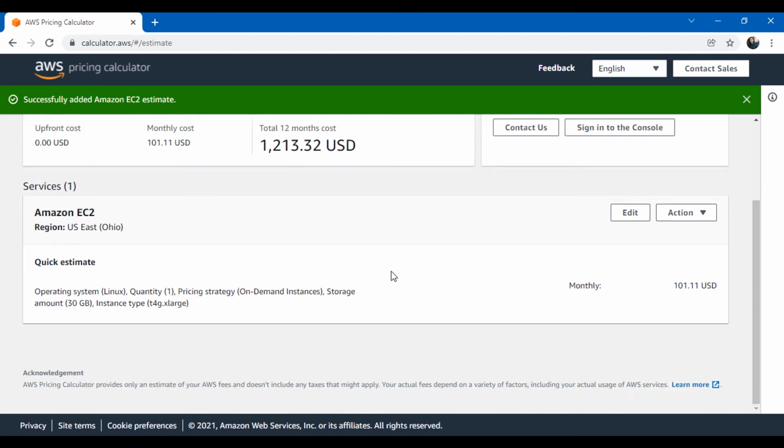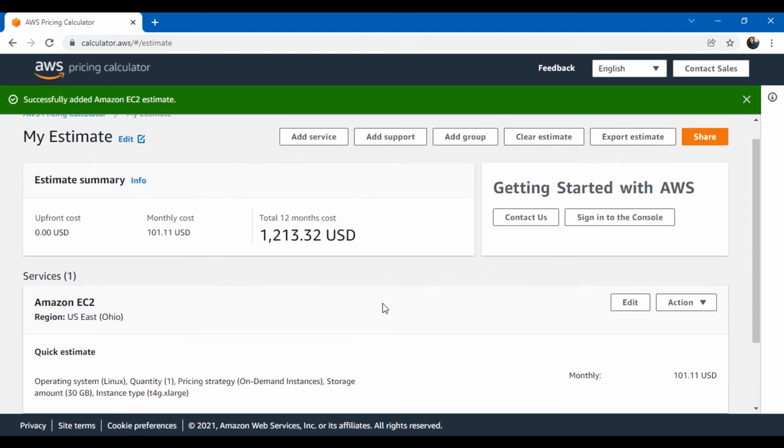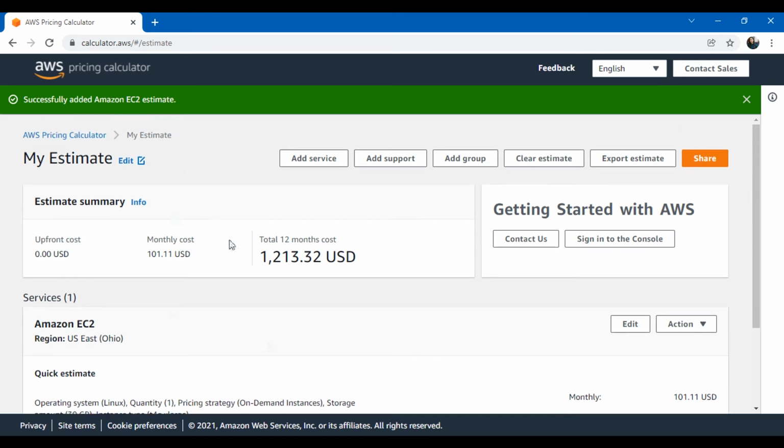And then you can get the entire estimate, so that you can get an idea whether it is worth moving to AWS, or what will be the estimate, how should I set my budget, how much money should I keep for it, and accordingly all the cases. Okay, so let's go back to the slides and let's look at the next tool.